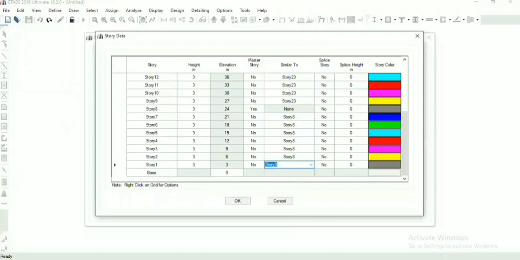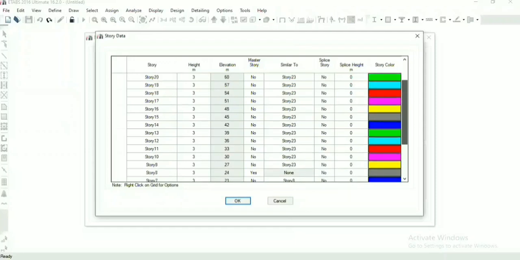Similarly, we will do for story numbers 9 to 14, and now for 15 to 19.